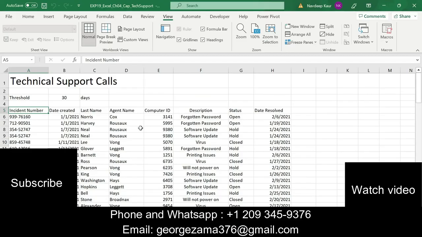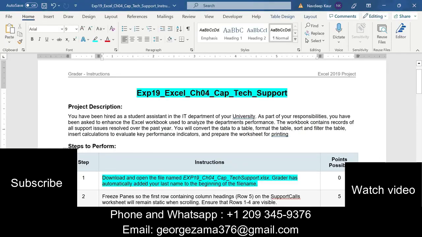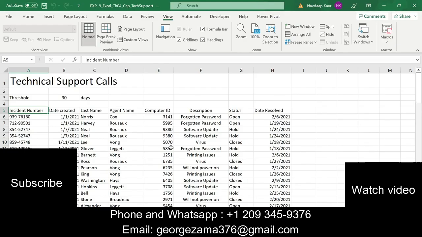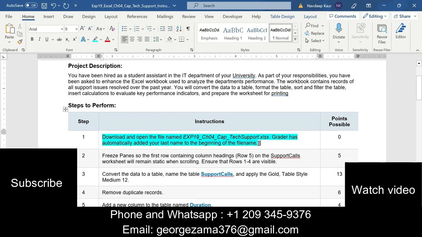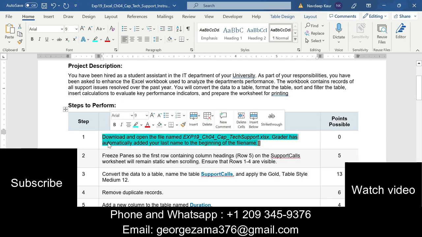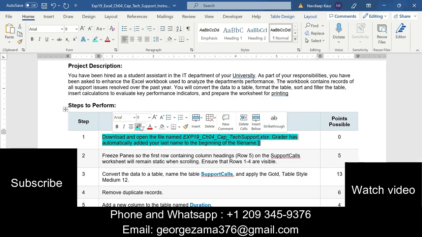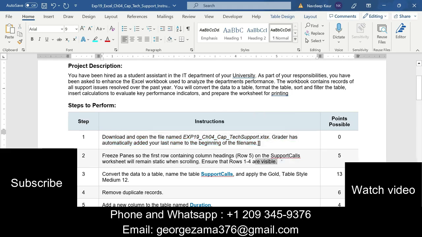I have already downloaded this. We are supposed to apply all these instructions in that Excel file to get this assignment done. So step number 1 is just about downloading the file. Let me move to step number 2 now.